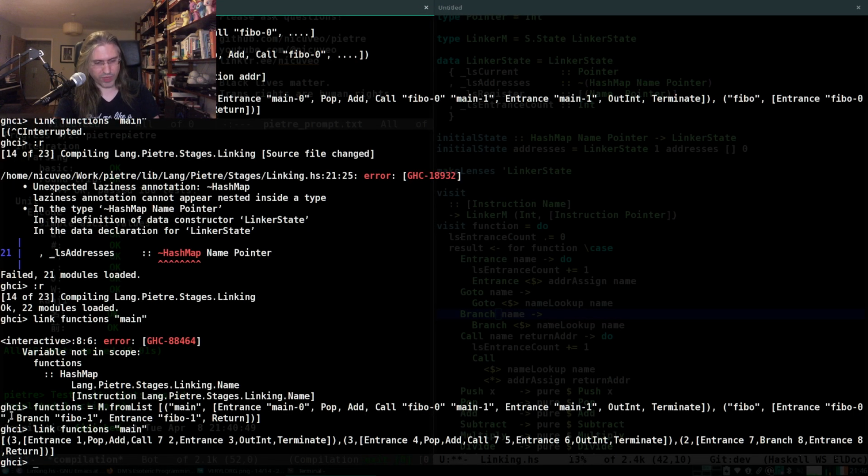So here we have 3 for main, because entrance has 1. Oh, yes, I have the... This is technically incorrect, I suppose, but that's not the fault of the linking function. I have this call here, which will contain an entrance and then the entrance.